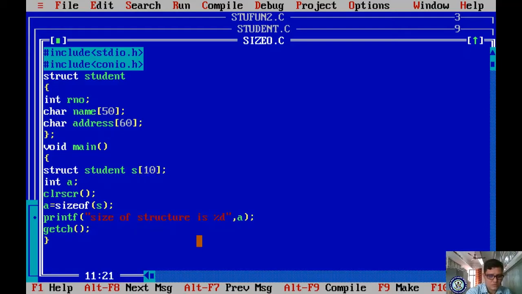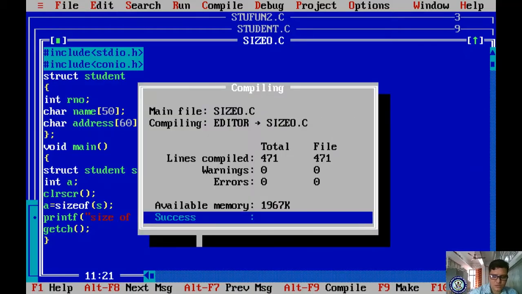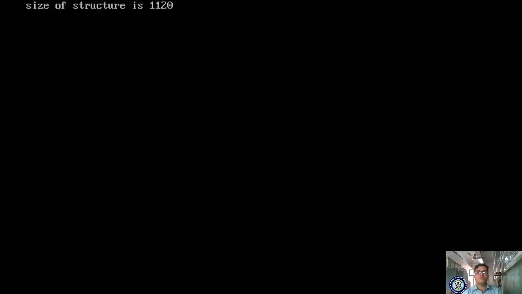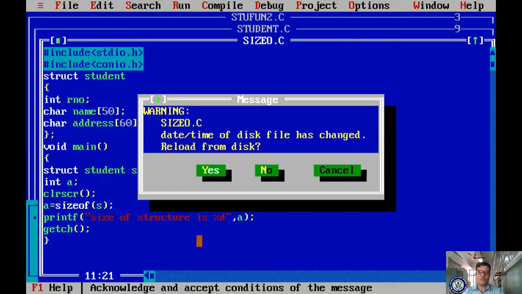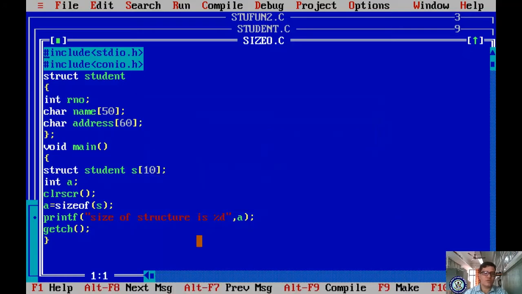Let me check. Compile it and run it. It is showing 1120. For each student it requires 112 bytes. Got it? So how many bytes will your integer consume? 2 bytes. Character, sorry, 1 byte. 50 size is given, 50 into 1, 50, 60 into 1, 60, 110 plus 2.